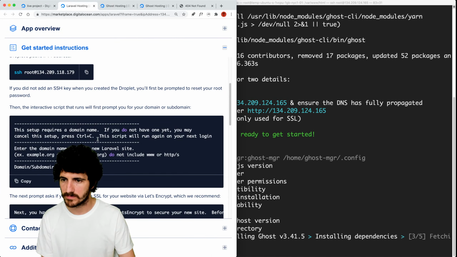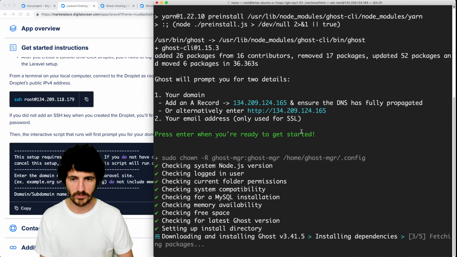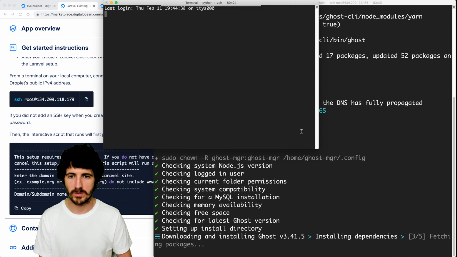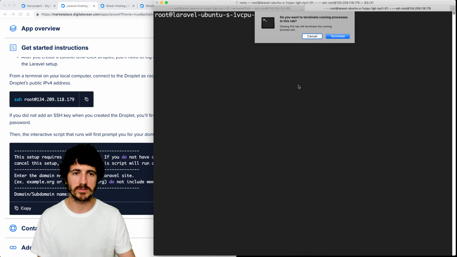Okay, so this requires us to have a domain name. So we're gonna create a new tab for Laravel here, SSH root at that. So we add the fingerprint, and yeah, we don't have a domain name. Just wanted to verify. So we have Composer here and Laravel not found. So okay, with Composer we could install applications. So we're not going to do anything with the one of Laravel. Destroy droplet.